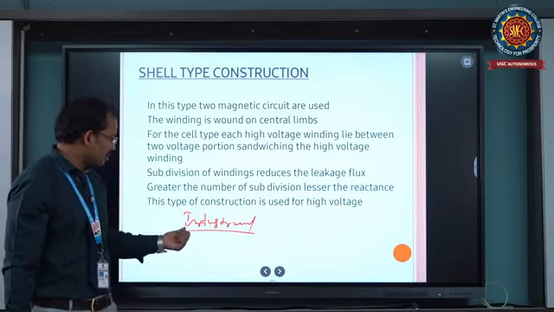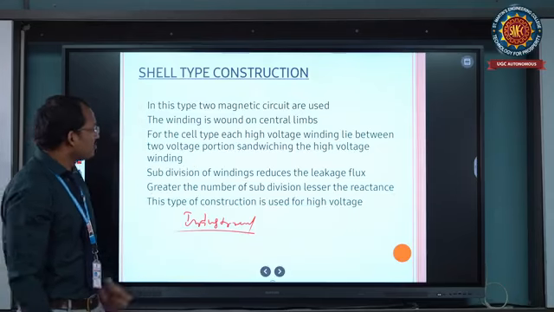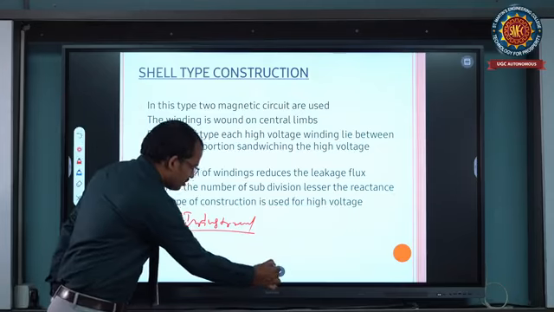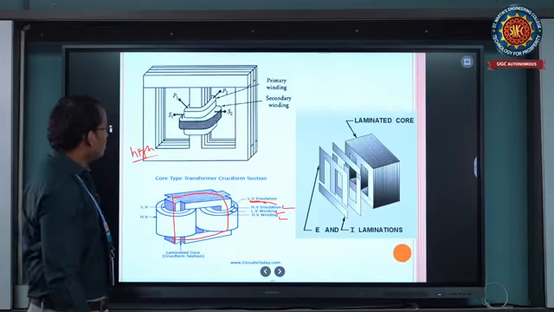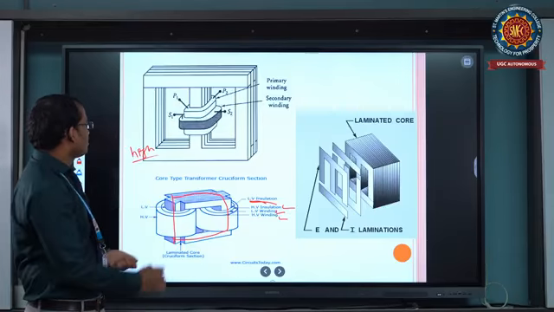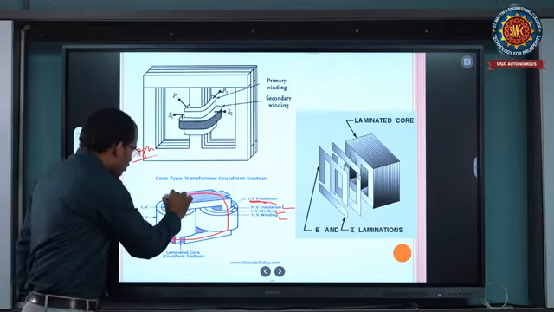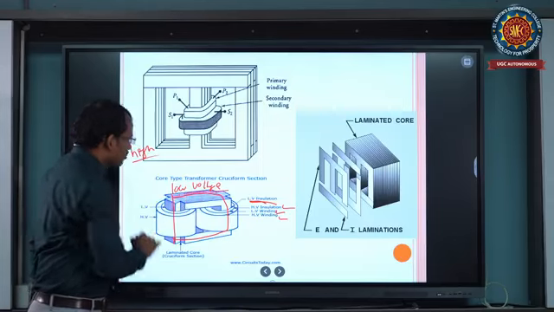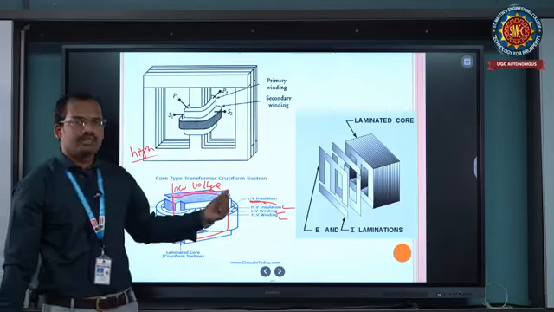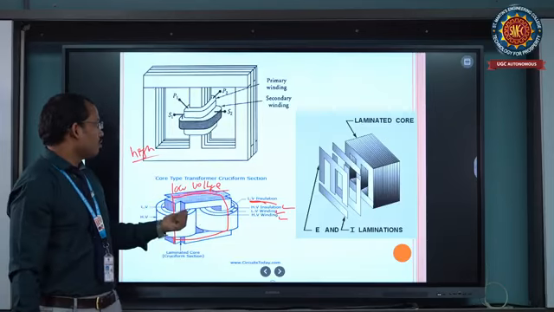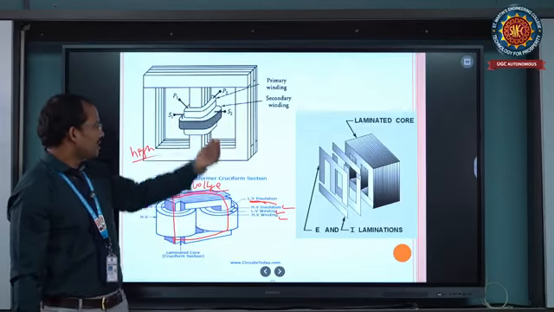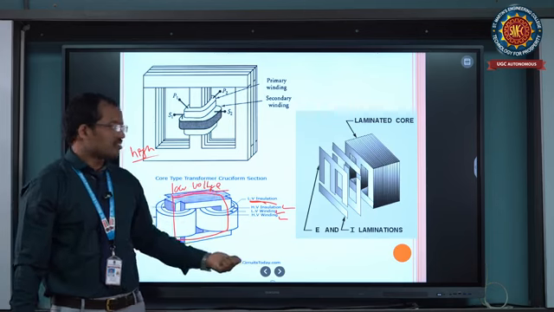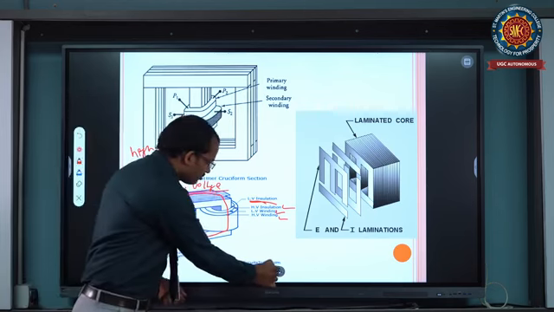For this type of purpose we use the core type of transformers. So this is the high voltage applications purpose and low voltage applications purpose, with shell type and core type of the transformers. And next one,